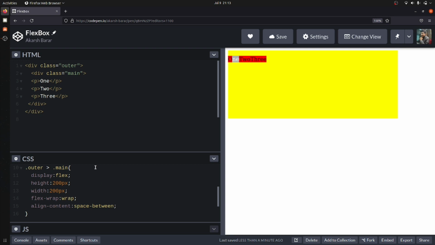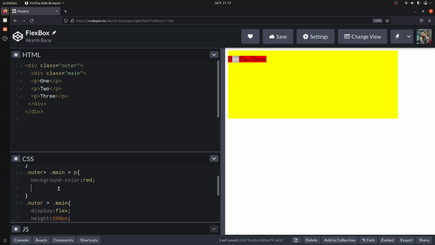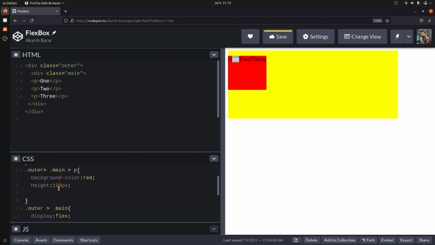Let me give them a height of 100 pixels and a width of 50 pixels. Let me set them as 50-50 so that I can show you. And let's say we have a margin of 10 pixels.